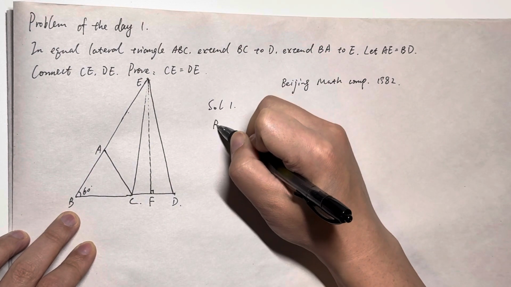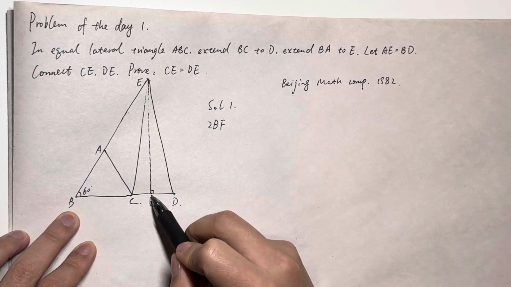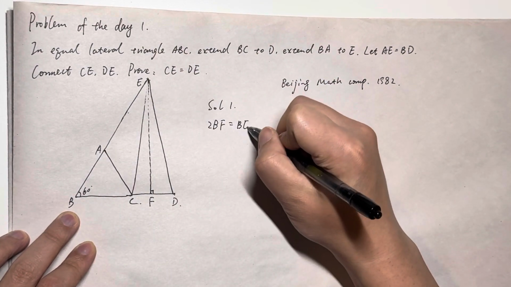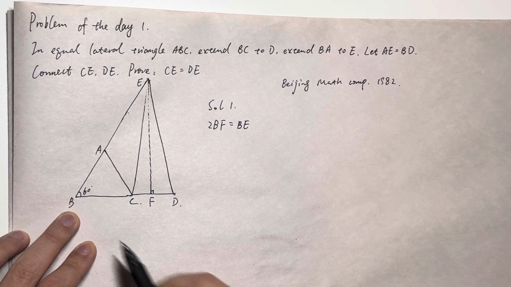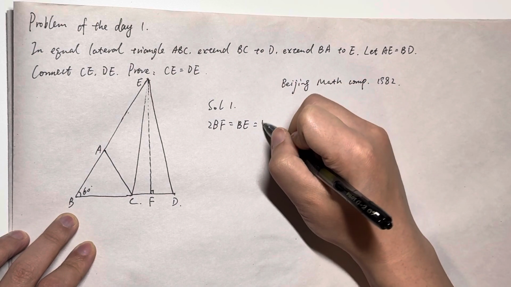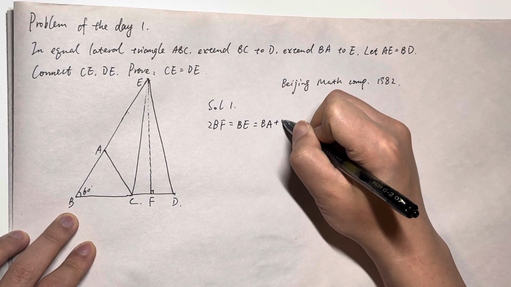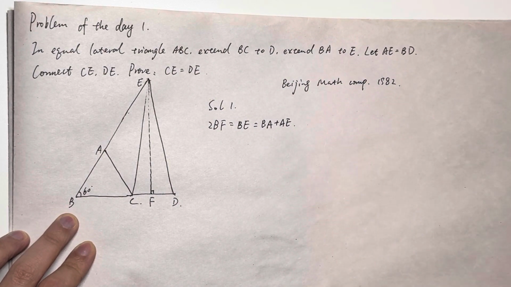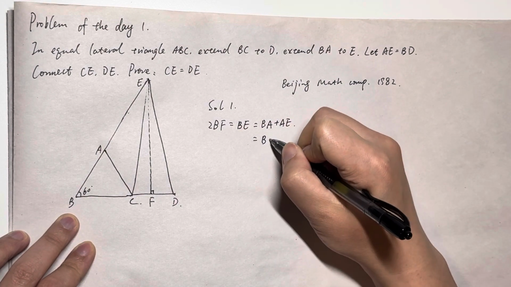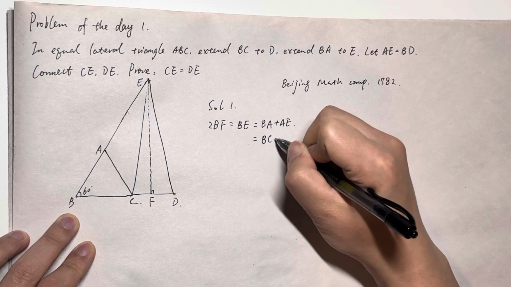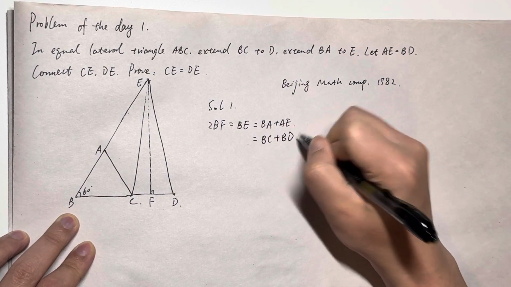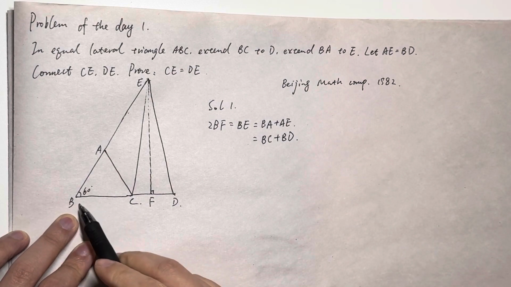That means twice BF equals BE. Twice BF equals BE, which equals BA plus AE, which equals BC plus BD, right? BC plus BD,